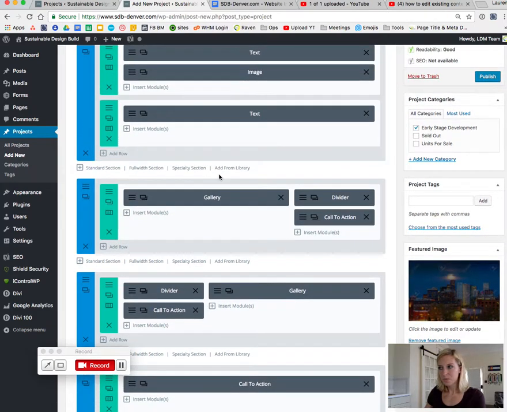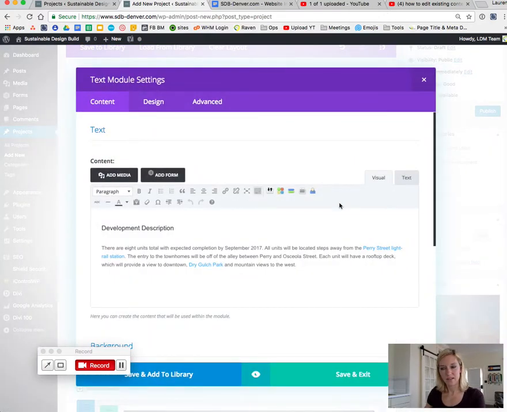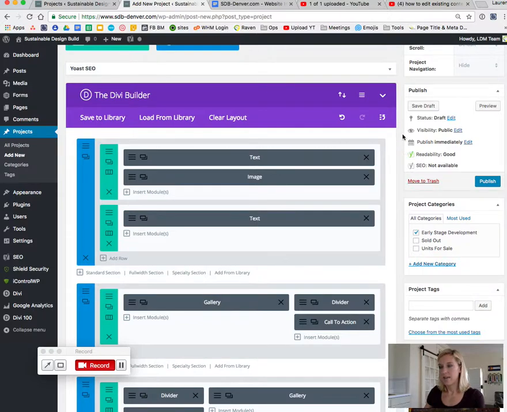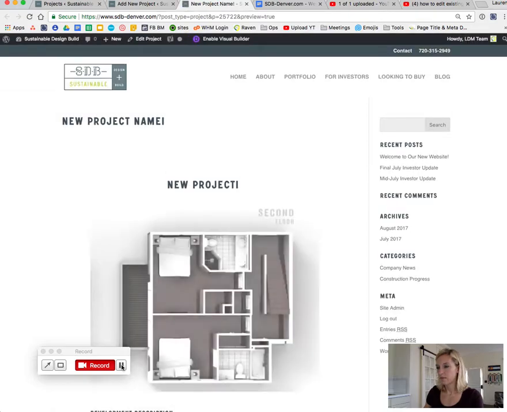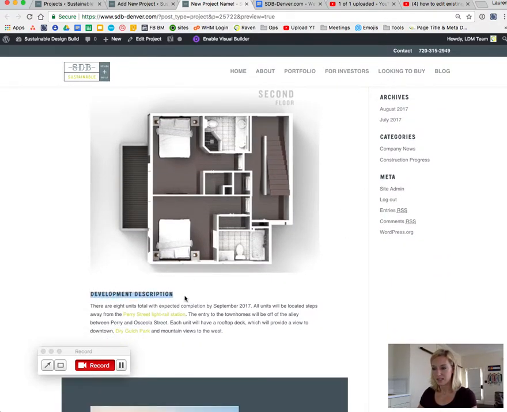Anytime you get lost or don't really understand where something that you see and want to edit appears on the website, you can open it up, check out the content, and then you can go preview your project in order to see. So let's say you don't really know where this development description appears. So you can look at what content it is, and then you can hit the purple X to X out, and then under the Publish button, you can hit Preview,